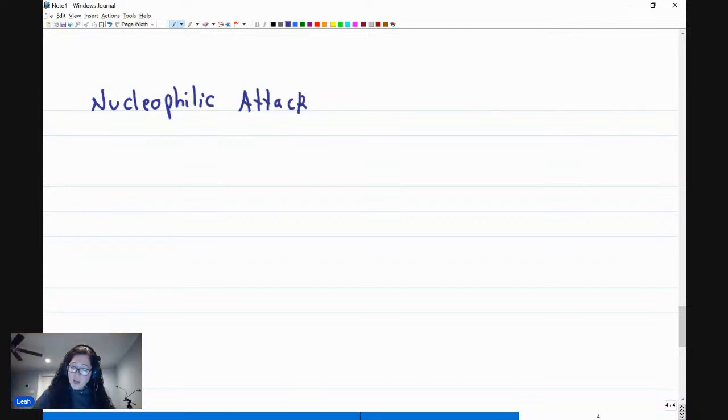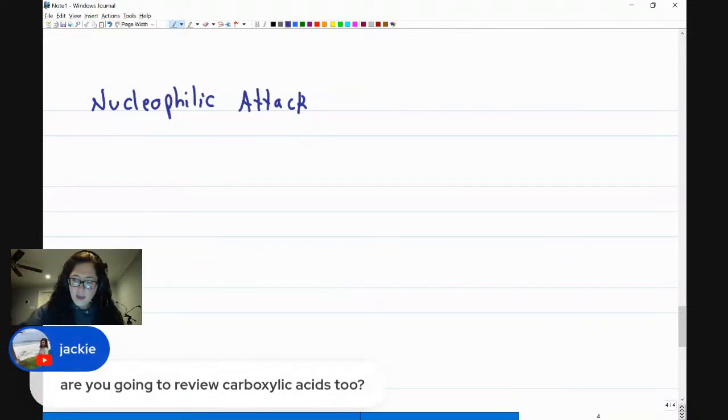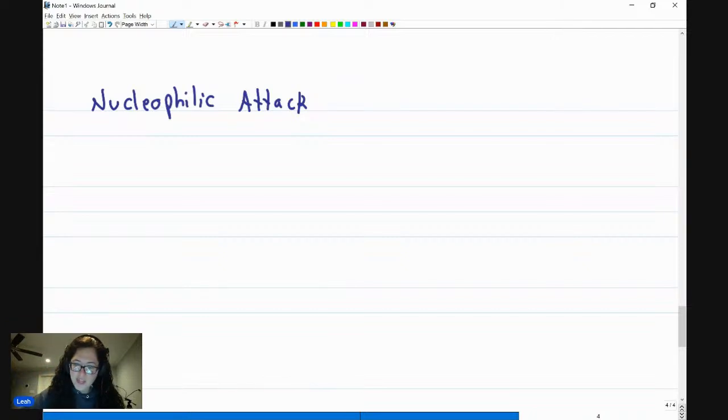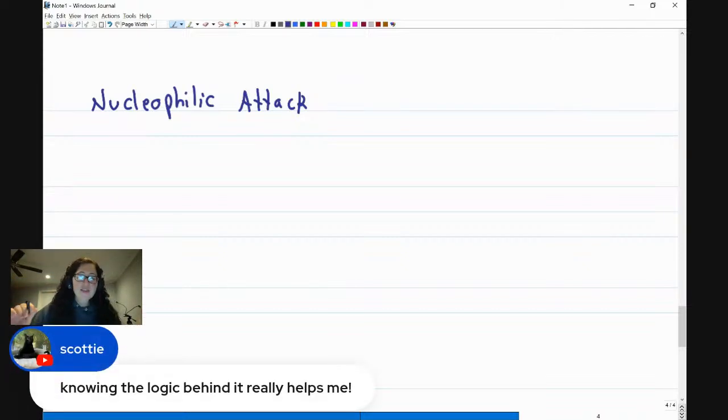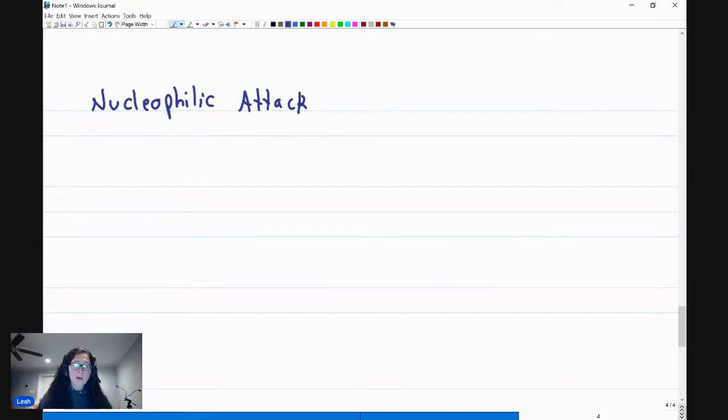And since we're talking about nucleophilic attack, let's see what that looks like. Today we're just going to cover aldehydes and ketones because we won't have time for everything else. But yes, Scotty, knowing the logic is going to make this entire chapter so much easier because it won't be a million different reactions that you're memorizing. It's going to be one pattern that you simply see over and over,